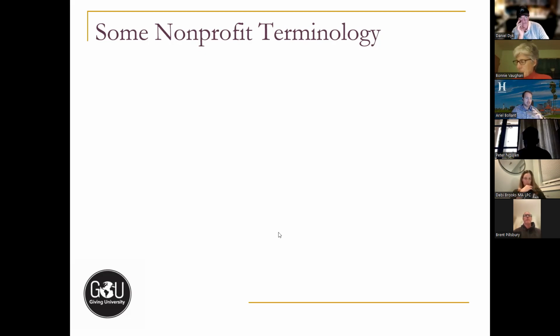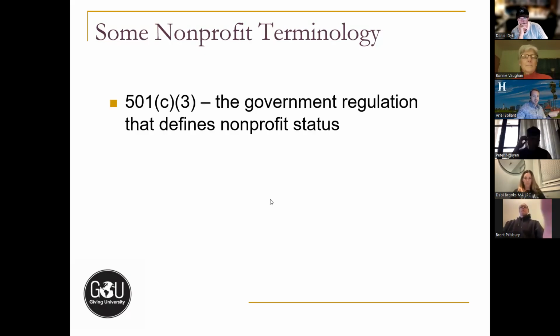Here in the United States, you're going to find the term 501c3, as I mentioned earlier. If that sounds like code language, it's because it literally is code language. It refers to the section of the tax code that these entities are often registered under. This is not the only type of nonprofit, but the 501c3 is the main nonprofit that you